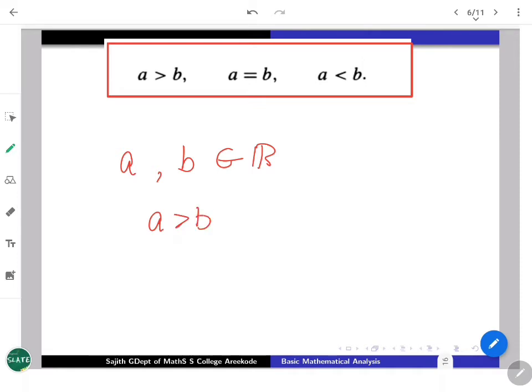A greater than B or A equals B or A less than B should happen, because A minus B is a real number. If A minus B is in P, you can have the first. If it is 0, you can have A equals B. Otherwise, both these things are failing, then B minus A should be in P. So that is A less than B. So once again, exactly one of the things will hold. So the whole restatement can be done with the trichotomy like this. If you are starting with any two real numbers, exactly one of the things will hold. That also one can see.